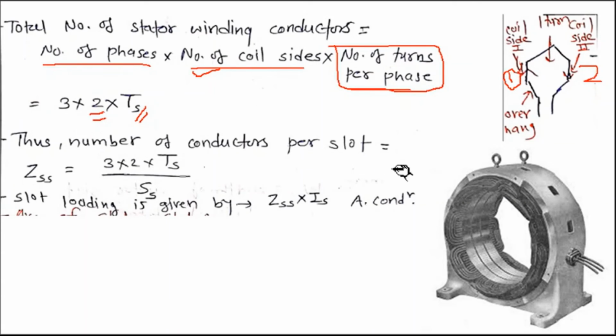So thus, the number of conductors per slot. This equation will give you the total number of conductors, and if you have to calculate the number of conductors per slot, you have to divide by Ss, which is nothing but the total stator slots. So Zss, the number of conductors per slot, can be calculated by 3 into 2 into Ts divided by total stator slots. So this equation will give you the number of conductors